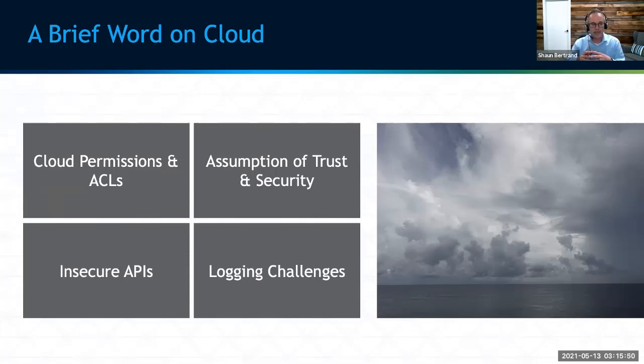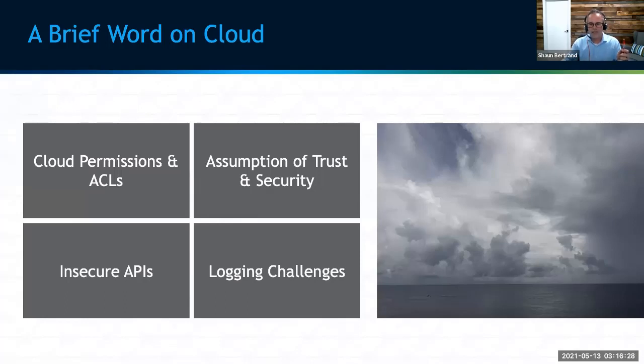We talked a fair bit about the assumption of trust and security. It goes in line with the cloud. Do not assume that when you put an app in Azure or AWS or wherever, they're protecting your application and doing all the right things they should be doing to protect it. This is just another place you're putting your computers and your applications, and you've got to make sure you're doing all the right things. There are some cool features and functions on many of these cloud platforms, but you've got to investigate and research, because a lot of these things are definitely not turned on by default.